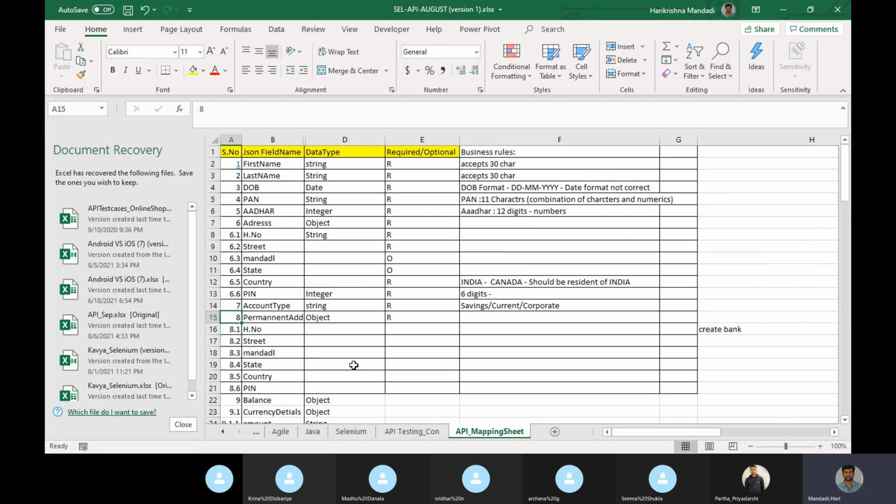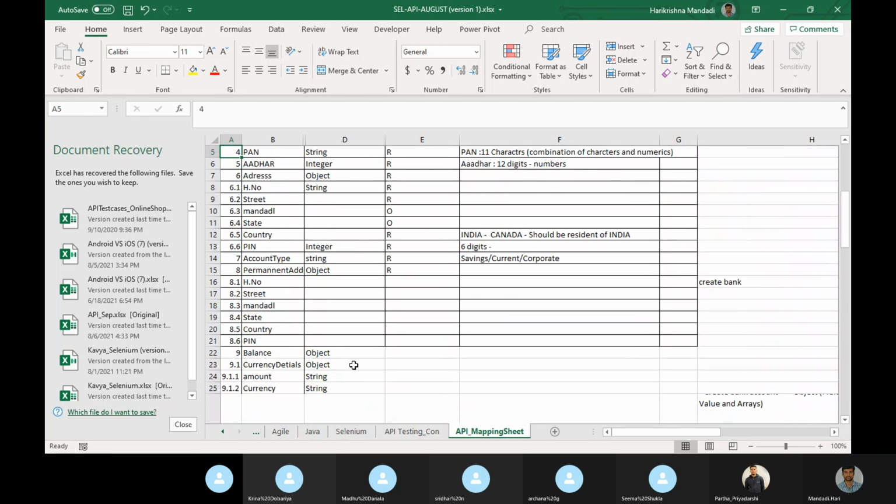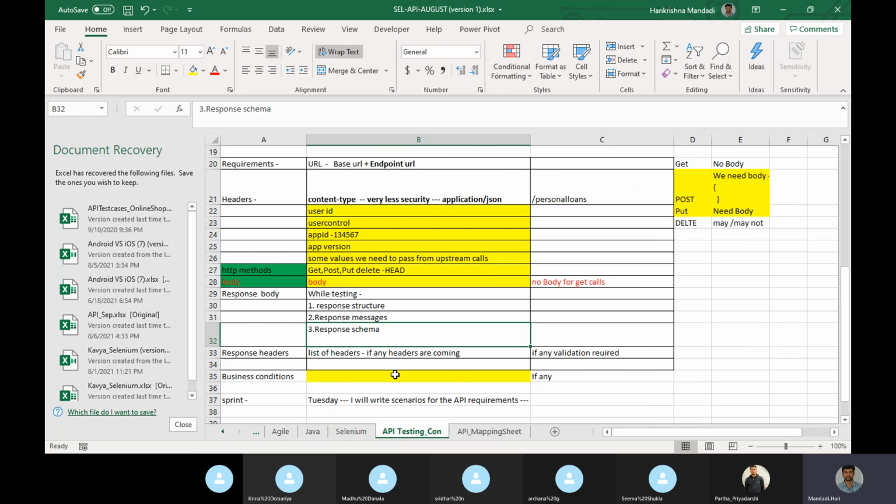If there are no queries, let's go on. The sheet I will forward. Every day whatever we are doing, I will forward, no problem with that. You can download and see.